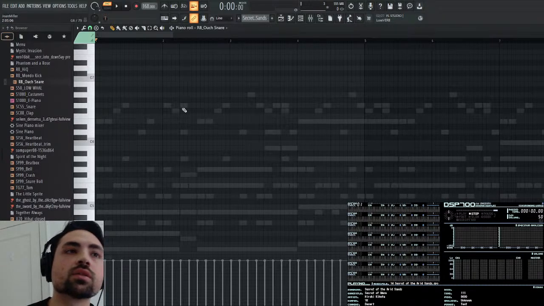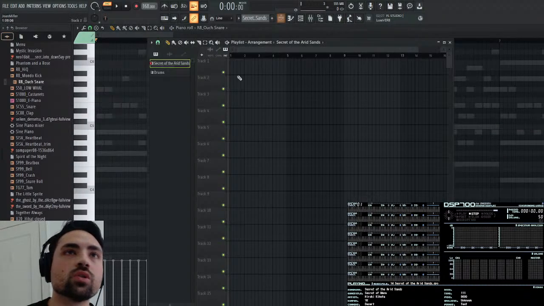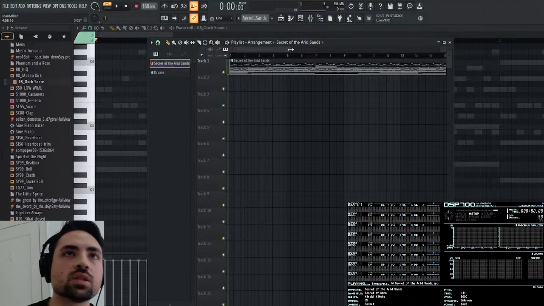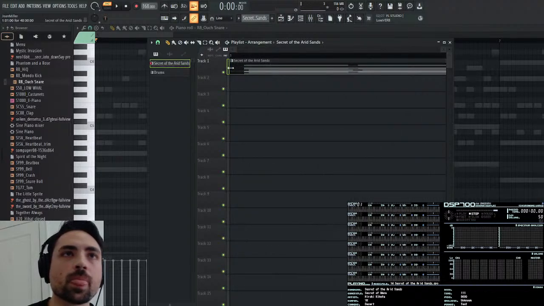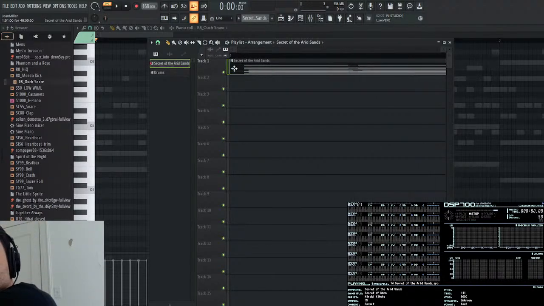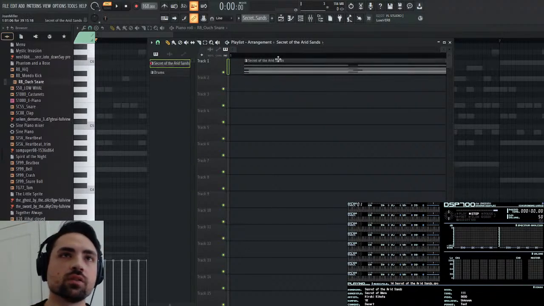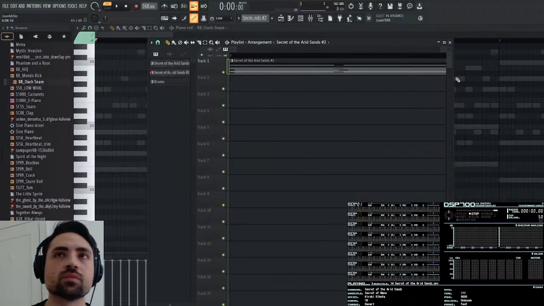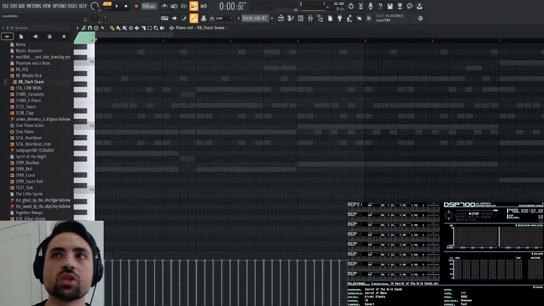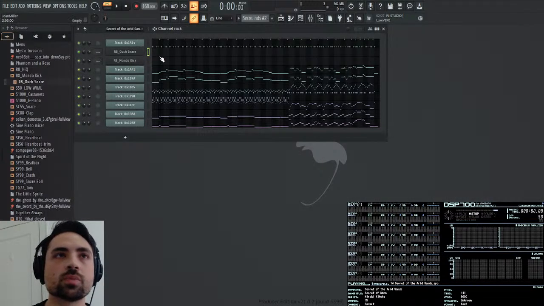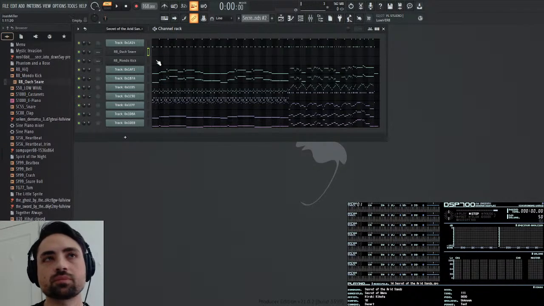Yes, there is. So what I want to do now is go into the playlist, zoom in as much as I can, and then hold Alt and drag the playlist until there's no space anymore. And then I want to move this. I can move this back to the beginning and press Make Unique. So now I need to have a version of the MIDI with no space in the beginning.